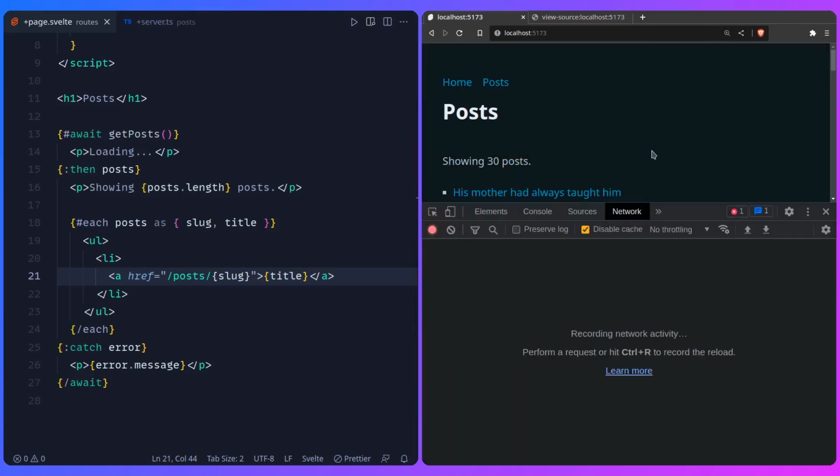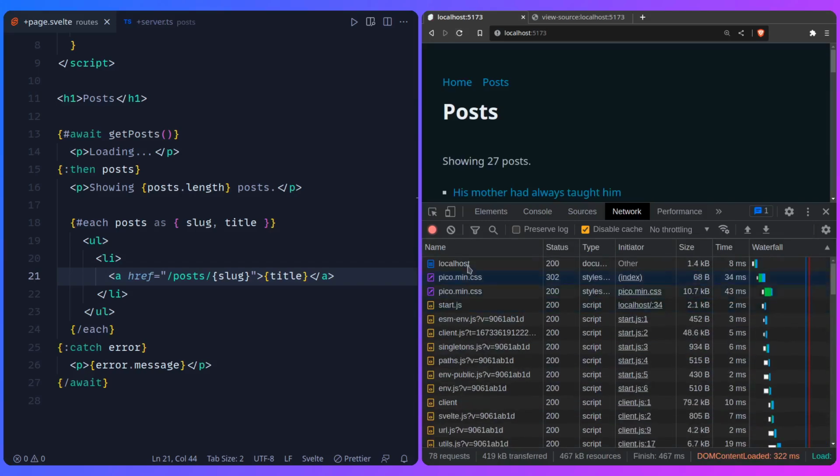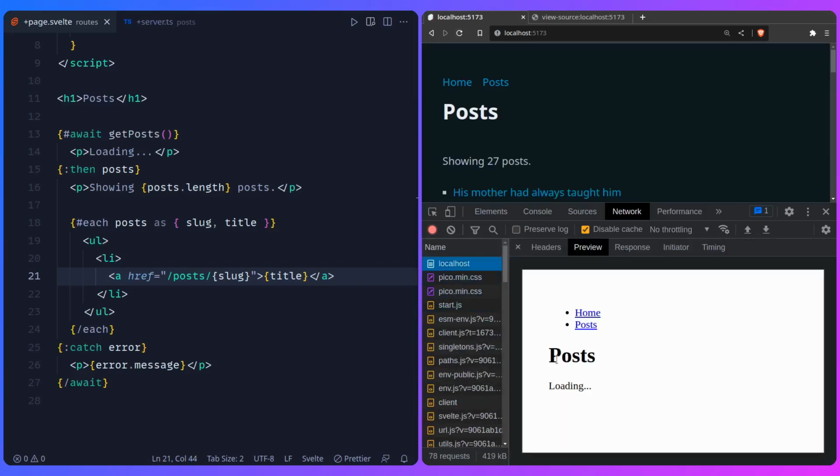And if we go to the network tab, I'm just going to refresh this. And let me just go to the document here. And this is the only thing that returns. So this really isn't server-side rendered. So basically you're just getting an empty shell HTML file. And whatever has to load here after the fact, it uses JavaScript or Svelte in this case,